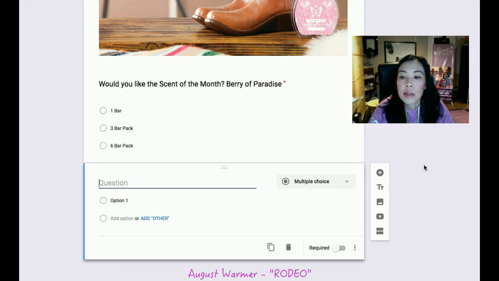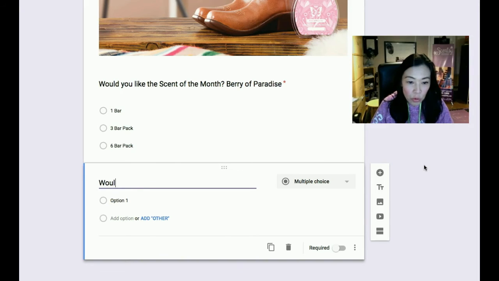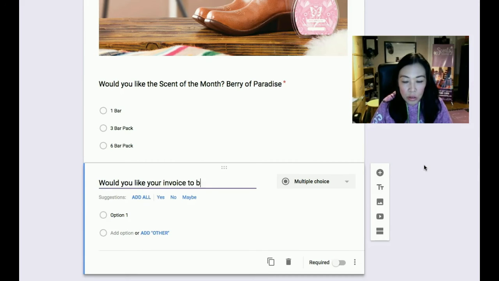Let's see now. Obviously I want payment. I don't normally like to get credit card info via email. I like to call people to get credit card info. Some people don't like to give credit card info by email or text. Phone is usually what most people that I know prefer. So I'm going to put, would you like your invoice to be